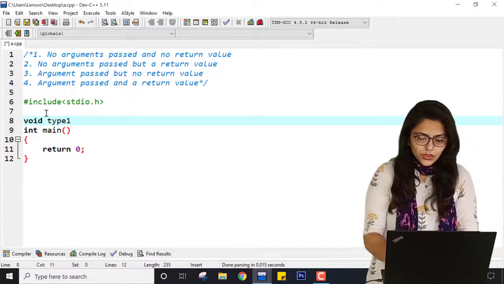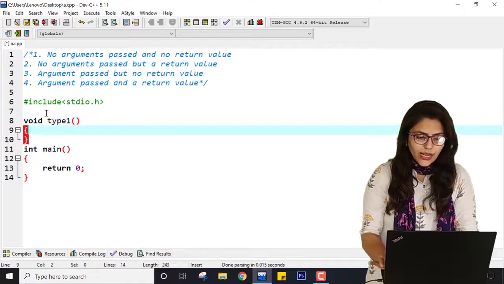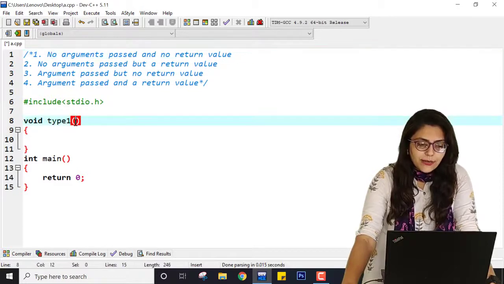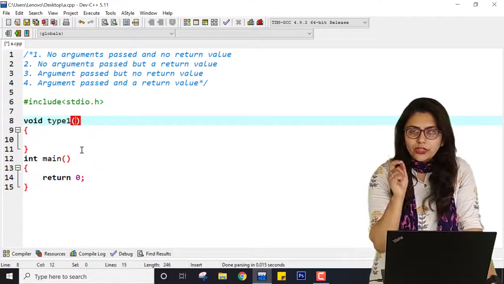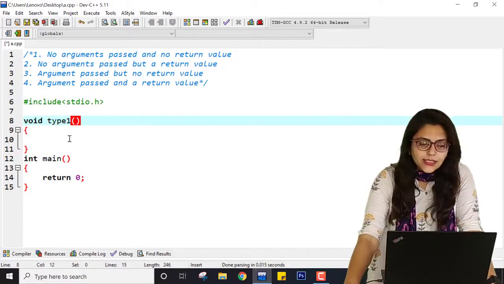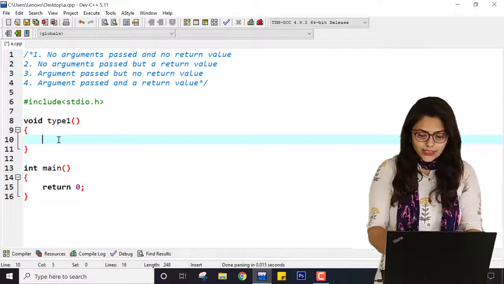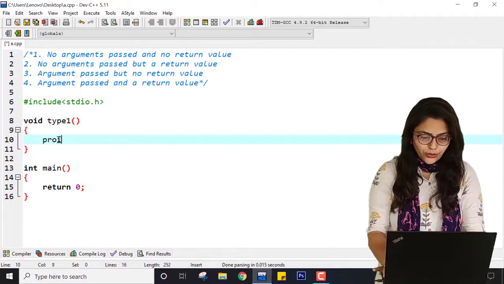Inside it is not having any argument, because no argument. So inside these brackets, in place of the argument list, I am not going to pass anything. Here you can write anything to print on screen.